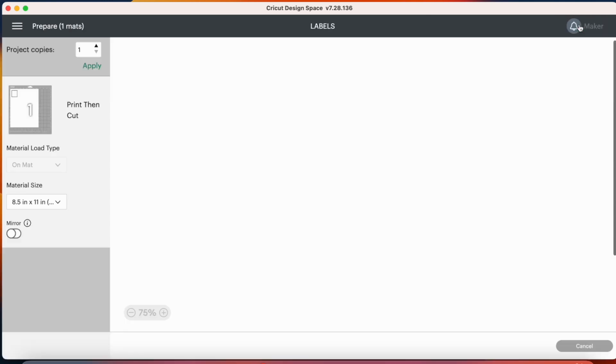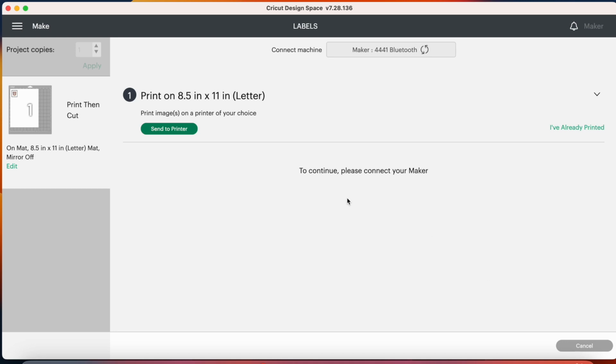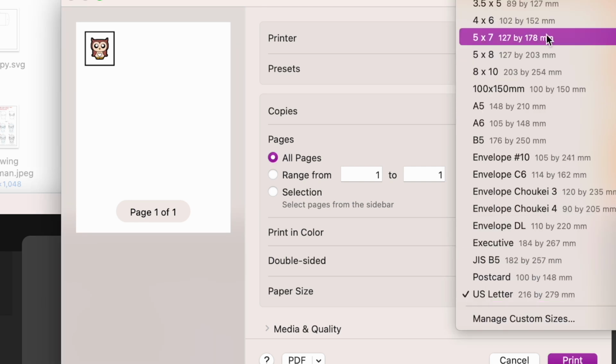So I'm going to click make it. We don't need to mirror this, so I'm going to press continue and just sort out my print settings. So I'm going to select center printer, and here my HP Envy 6400 series printer is selected, and I'm going to have the bleed on, and I'm also going to turn on the system dialog. So on my system dialog, I'm just going to make sure that all the settings are correct. I'm going to select the paper size, select A4,